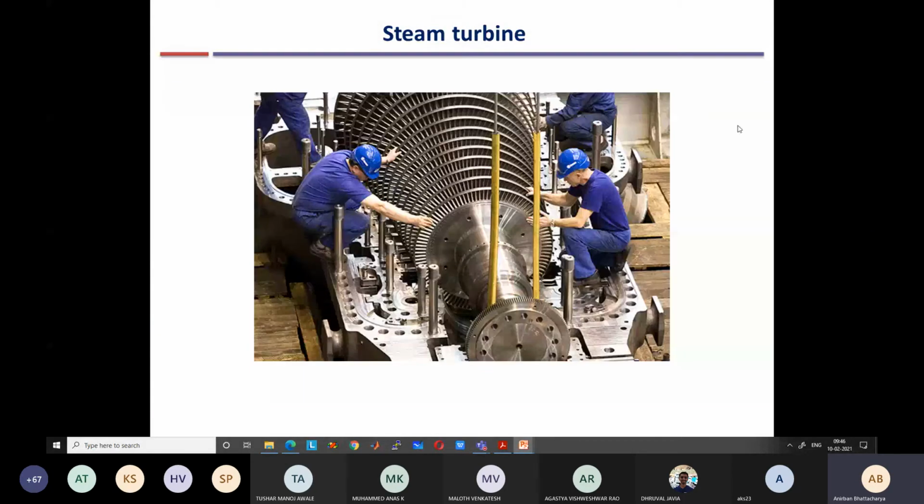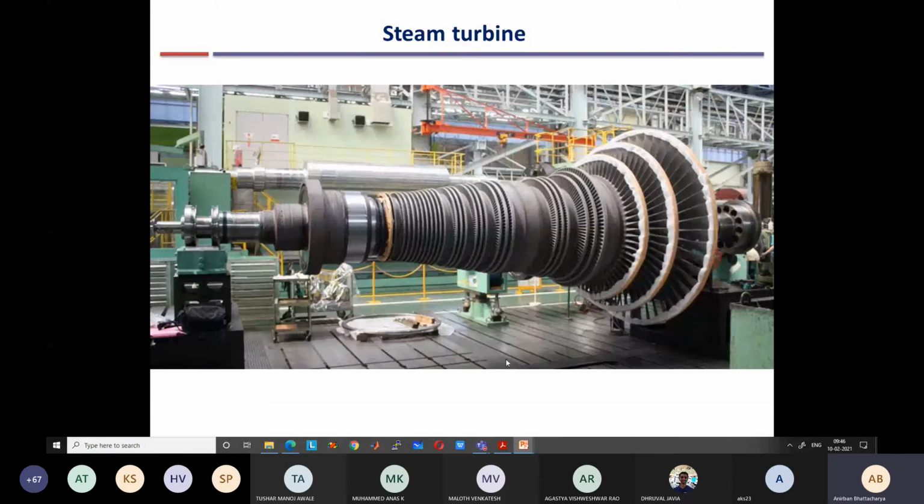So we can see here, the first stages have very small blades. You can see a large number of stages. The last stages have very long blades. All of them are rotating at the same speed because all of them are mounted on the same shaft. So because the longer blades are also rotating at the same speed, they have larger velocity at the tip, and because the tip velocity is larger, the stresses will be higher.